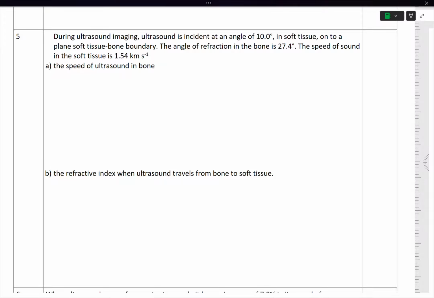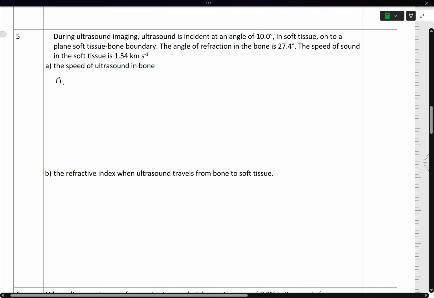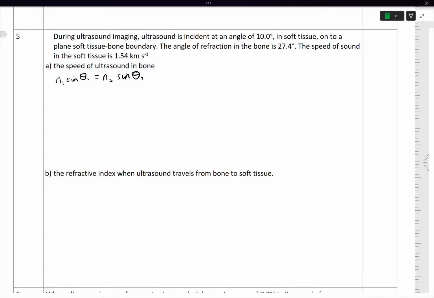So we usually use the idea that n1 sine theta 1 is n2 sine theta 2. But it can also be useful to express Snell's law in terms of speeds. So if we remember that n is equal to c over v, that is the speed of light in a vacuum over the speed in a medium, then we can get a second version of this